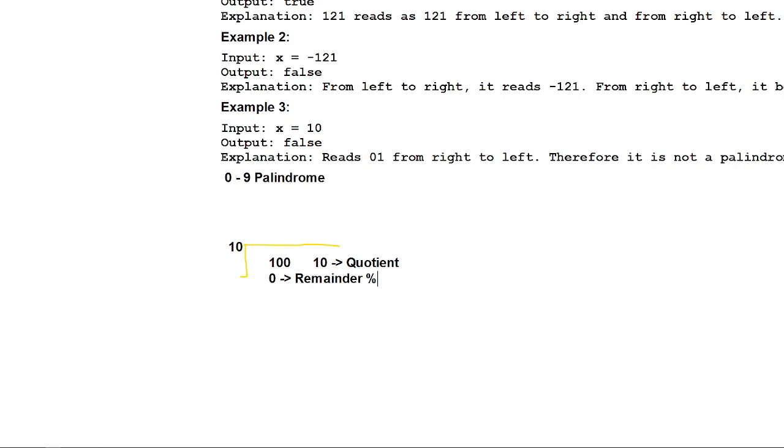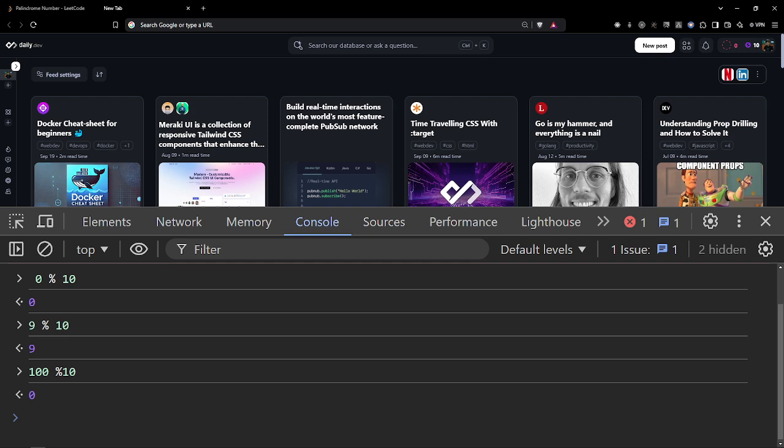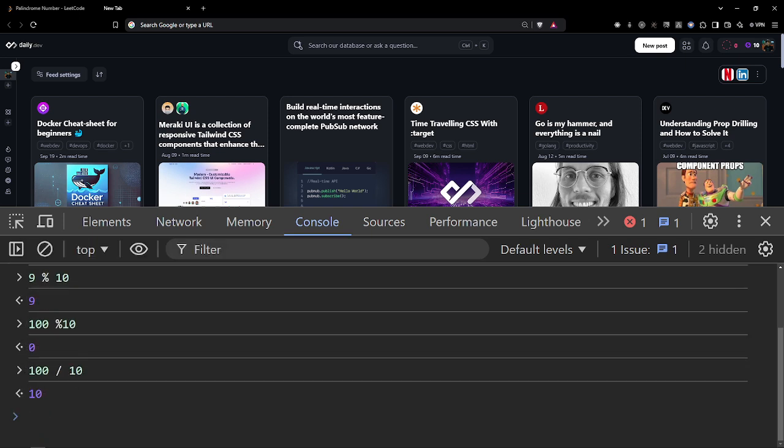By using the mod operator. This is an arithmetic operator in JavaScript that gives us the remainder, and we get the quotient by using the slash. So if I just go there and write 100 divided by 10, we get 10, as you can see.